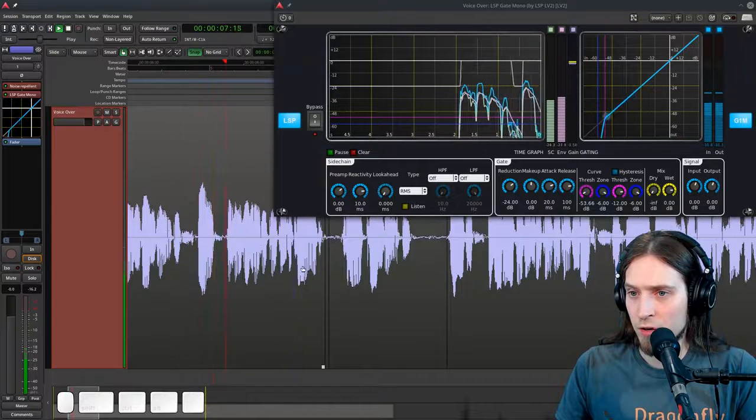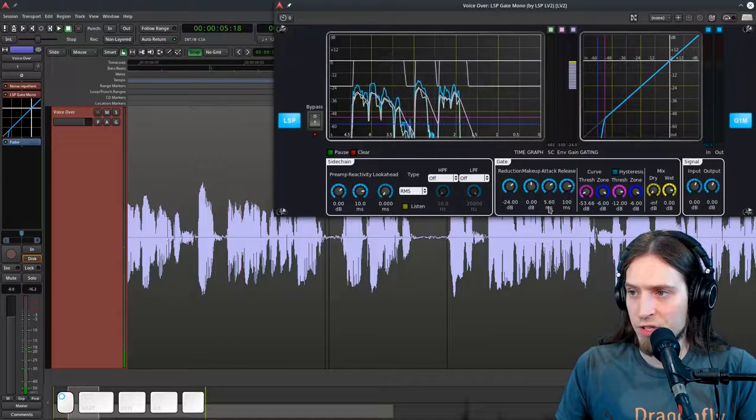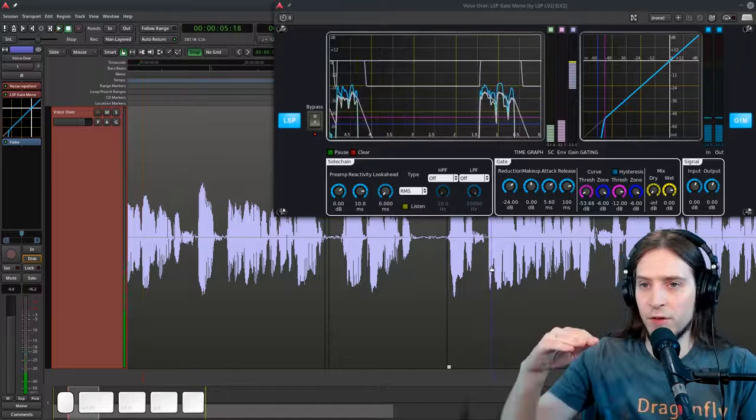I want to reduce the attack time so that it opens up the gate